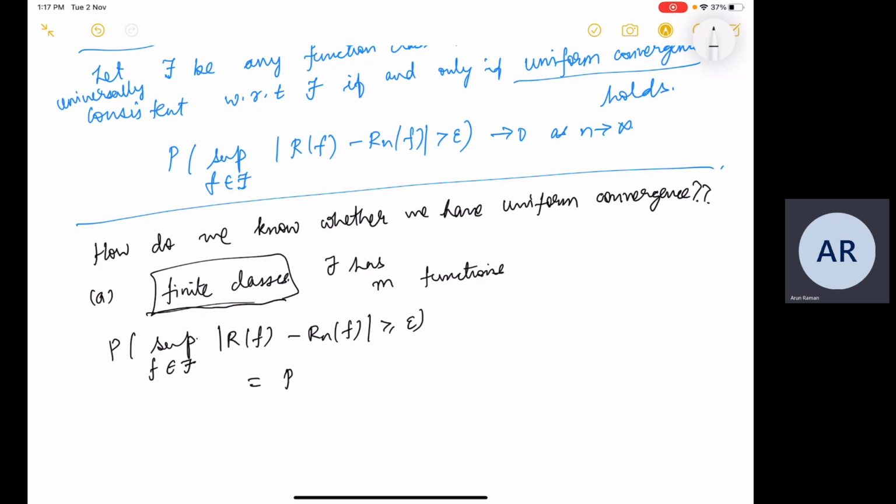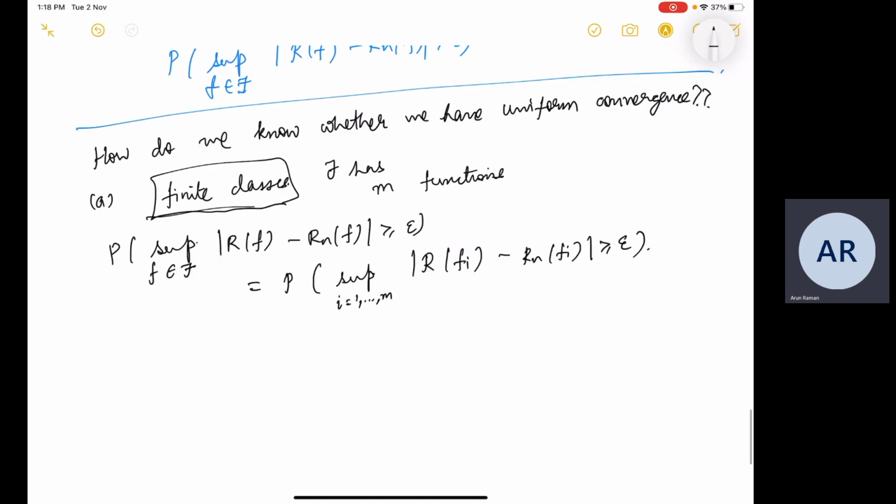So what we have is that supremum. Since we have m functions in the function class, we have to find the supremum over these m functions. And we need this condition to be true. Now the probability that the supremum is greater than or equal to epsilon,